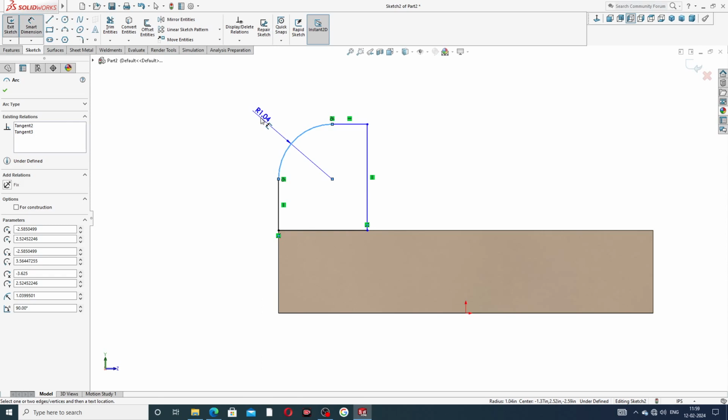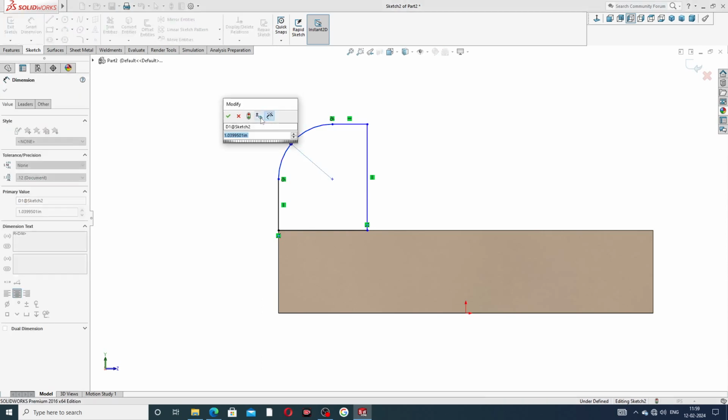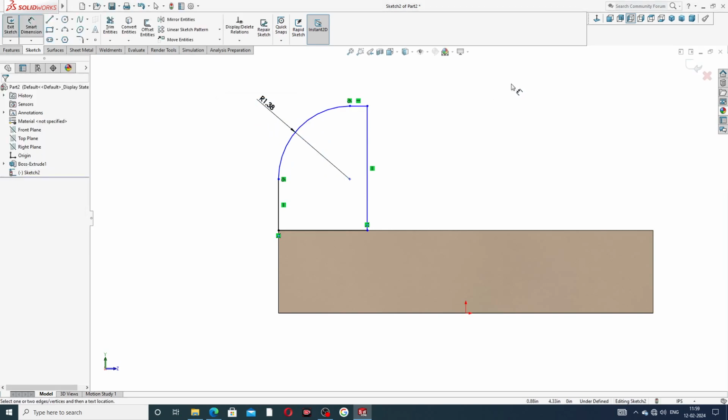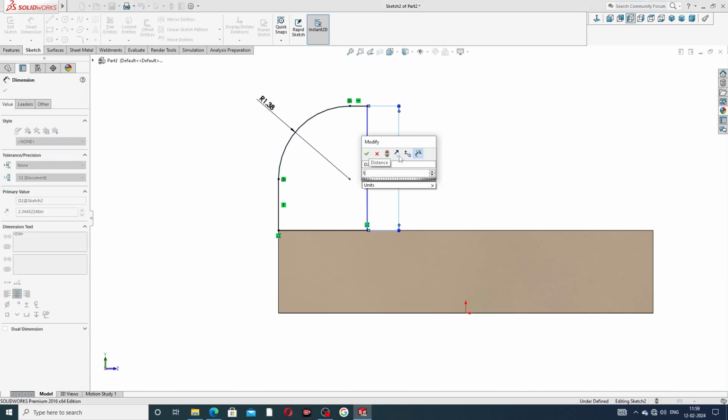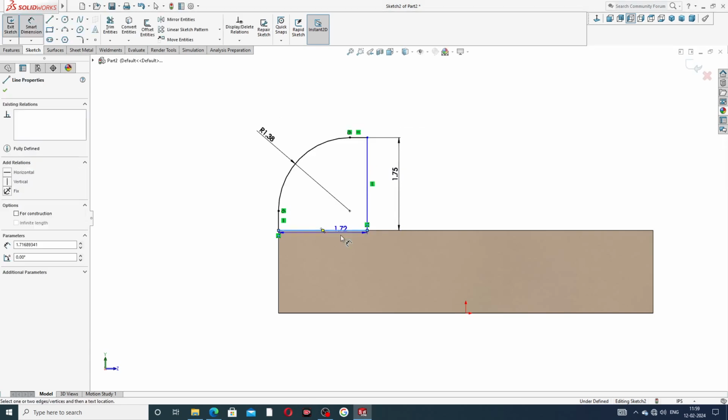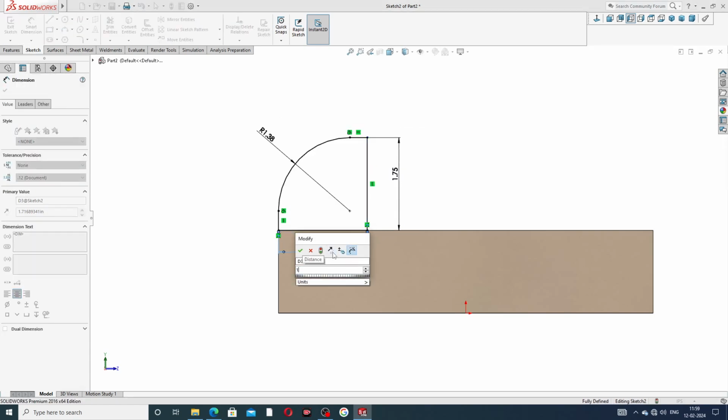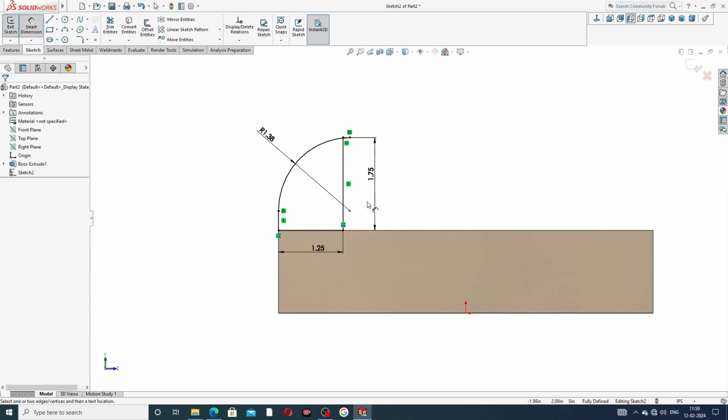This is 1.38. Okay, and this distance is 1.75 inch. 1.75 inch, perfect, and this length is 1.25 inch. Okay, and this distance is